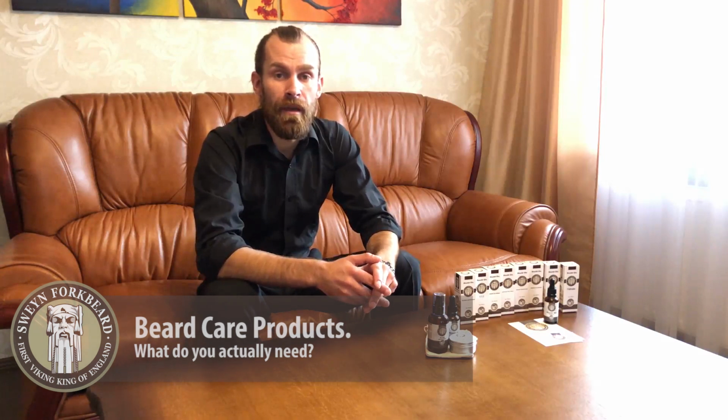Beard oil, beard balm, beard butter, beard jelly, beard wax, mustache wax, beard wash, beard shampoo, beard co-wash, beard conditioner, beard softener, beard leave-in conditioner. This is not even a full list of all the products you can find on the market. Are you confused yet? This is Simon from Sweyn Forkbeard, and in this video I will explain what all of